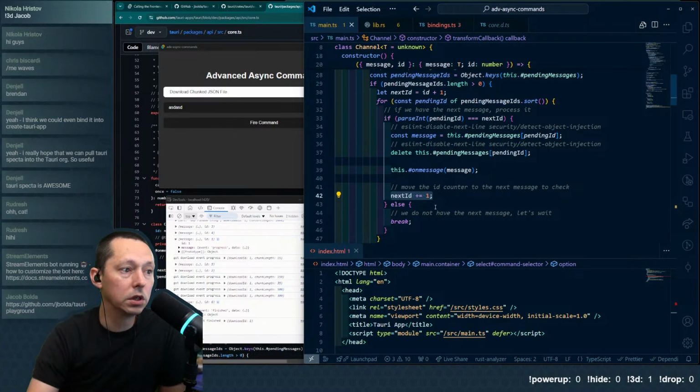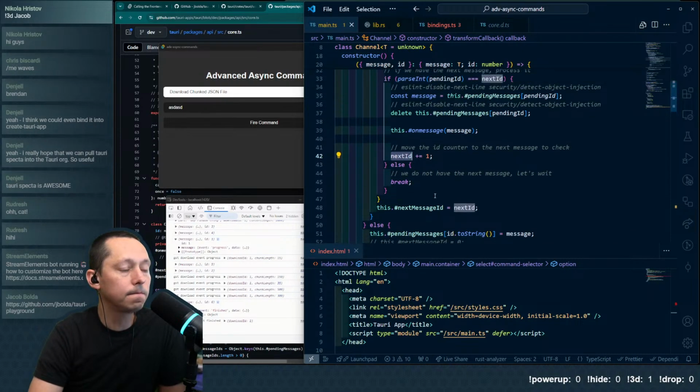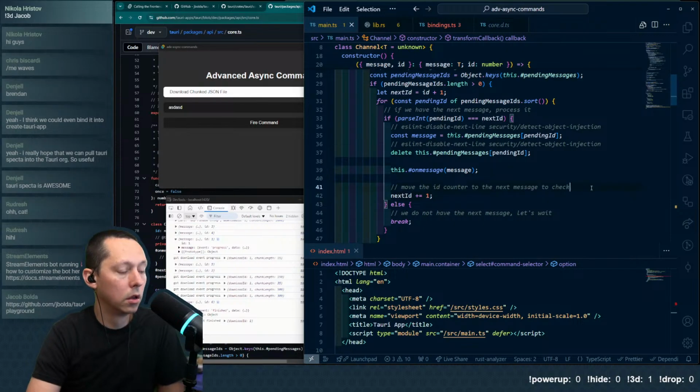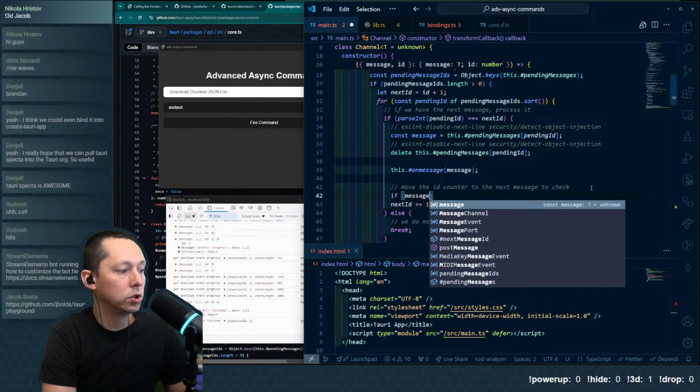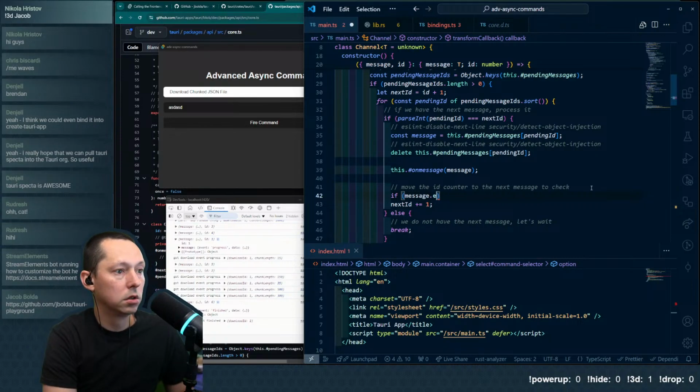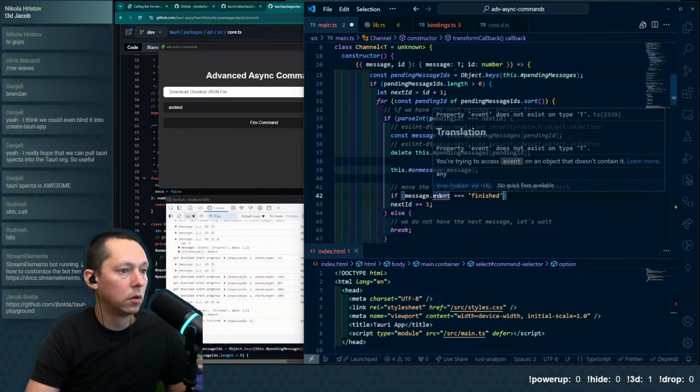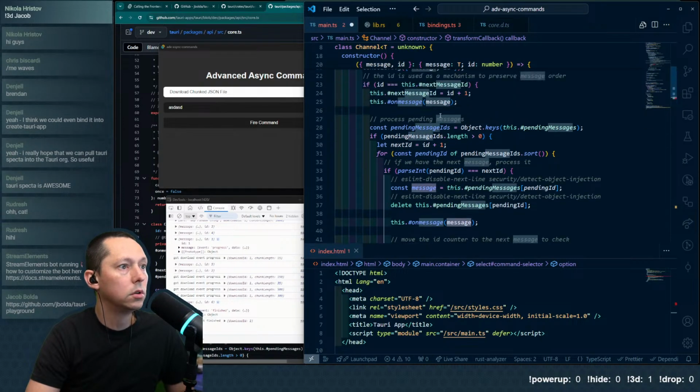We don't actually need to go to the next ID if message.event equals finished. It does not have property event on message.